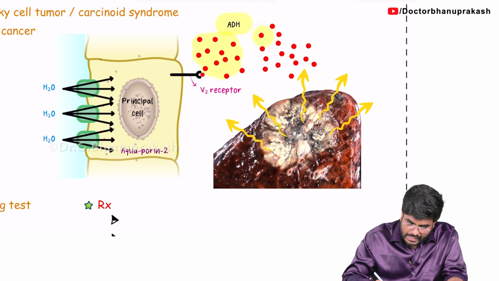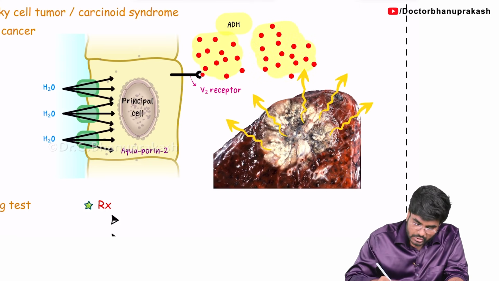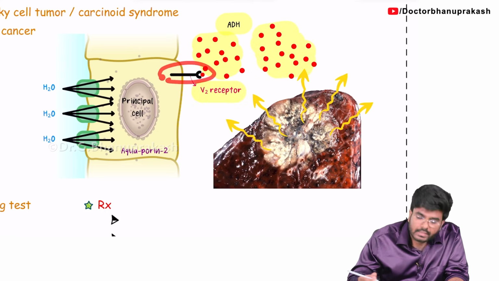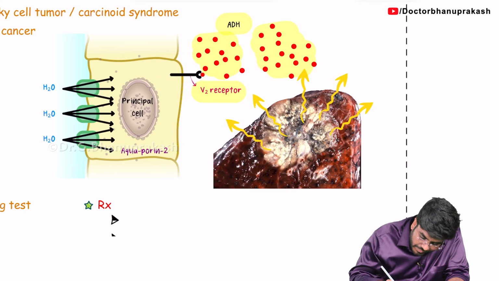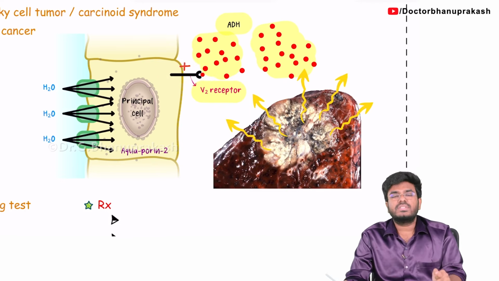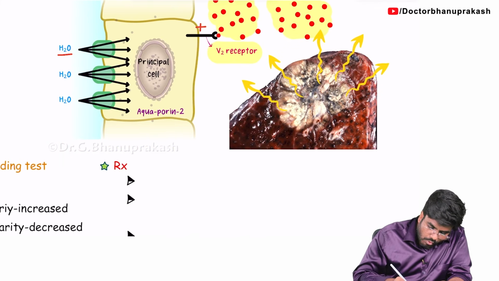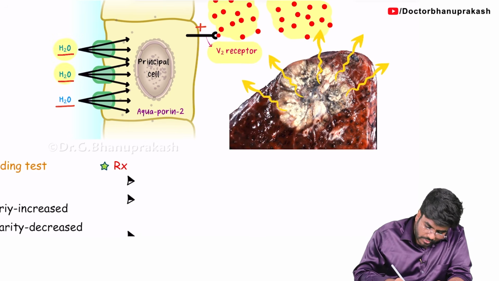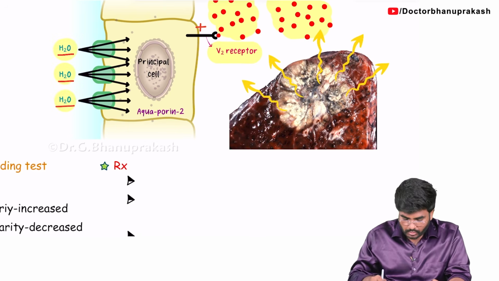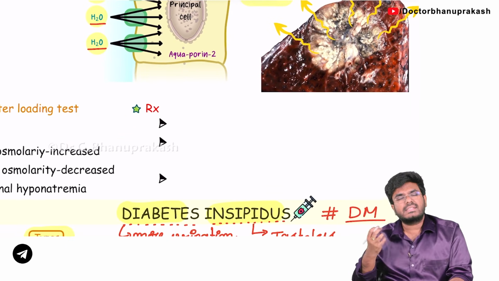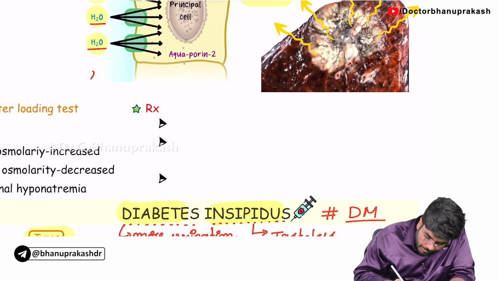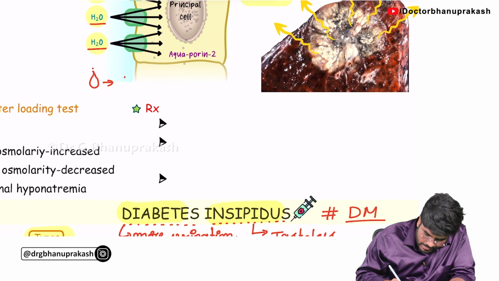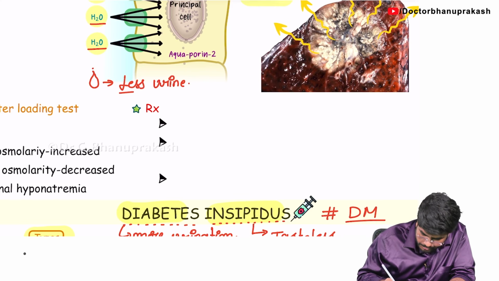Now tell me, this antidiuretic hormone, what is it doing? It is stimulating the V2 receptor. Now, when the V2 receptor is stimulated, there is more water reabsorption. More aquaporin 2 channels, more water reabsorption. So tell me, what happened to the water reabsorption? More water reabsorption. So, when more and more water is getting reabsorbed in the body, what do you think will happen to the urine that is getting produced? More urine production or less urine production? There is less urine production. Okay, less urine is getting produced.